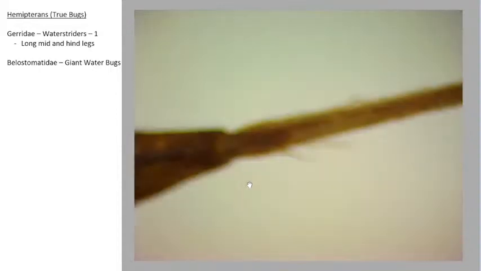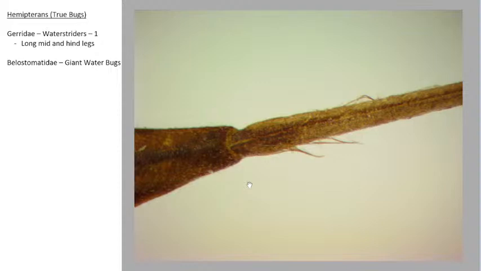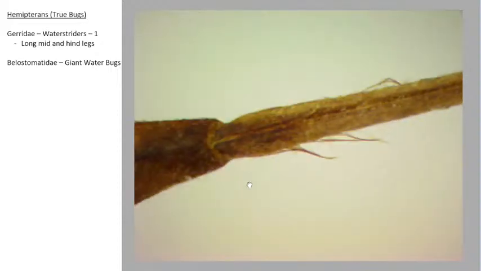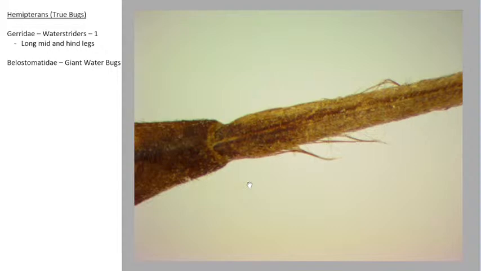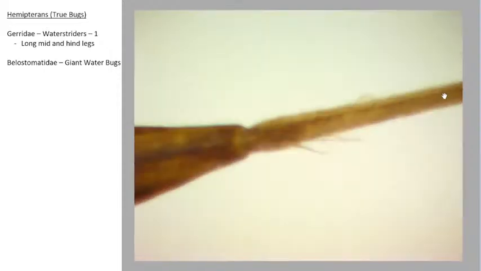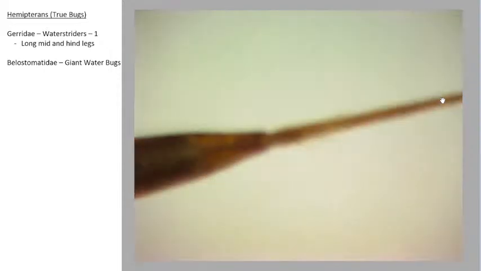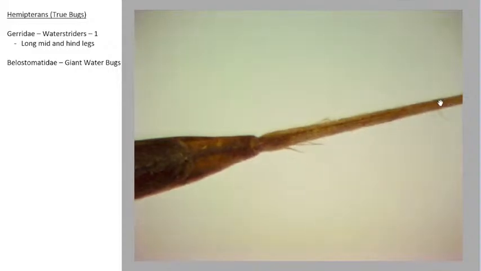Now this is not actually a tail. Let me see if I can zoom in and show you. Cool. All right. So this is the base of what looked like that tail. And so you see there's kind of this crevice here. And inside of that crevice is a little itty bitty tube. And this tube runs all the way along this tail, all the way to the very end. All right. And at the very end of this tail,